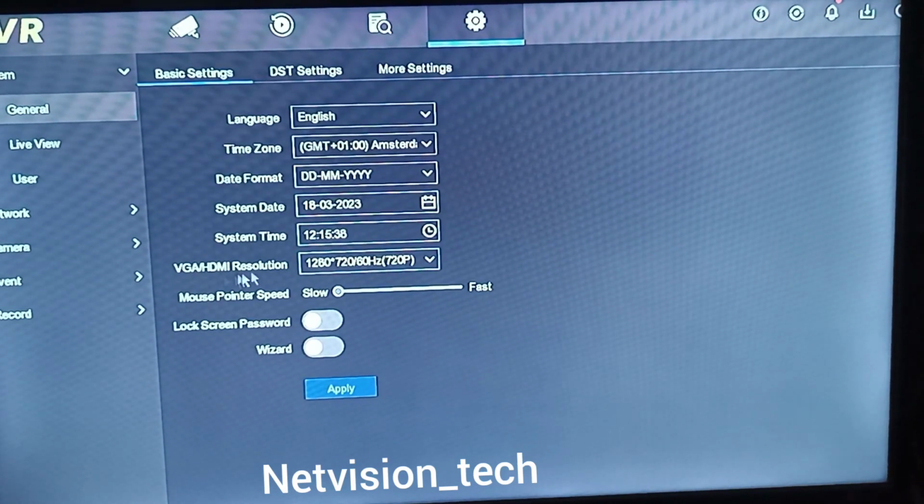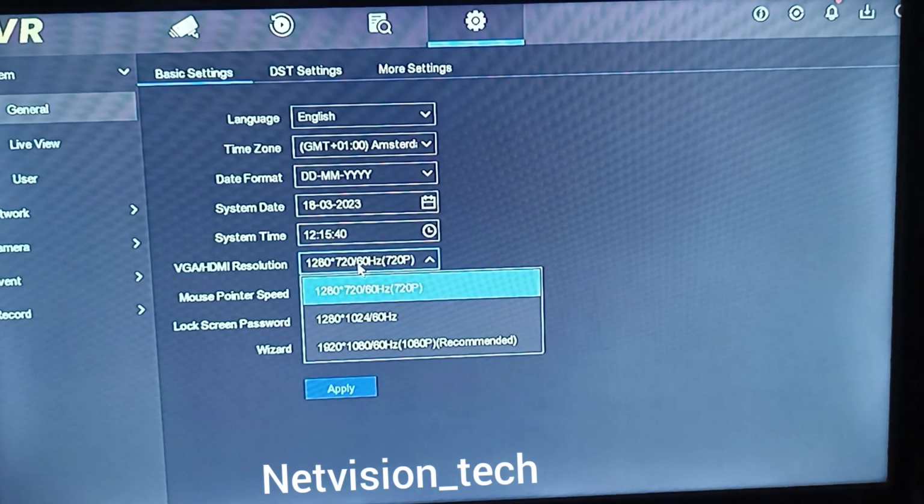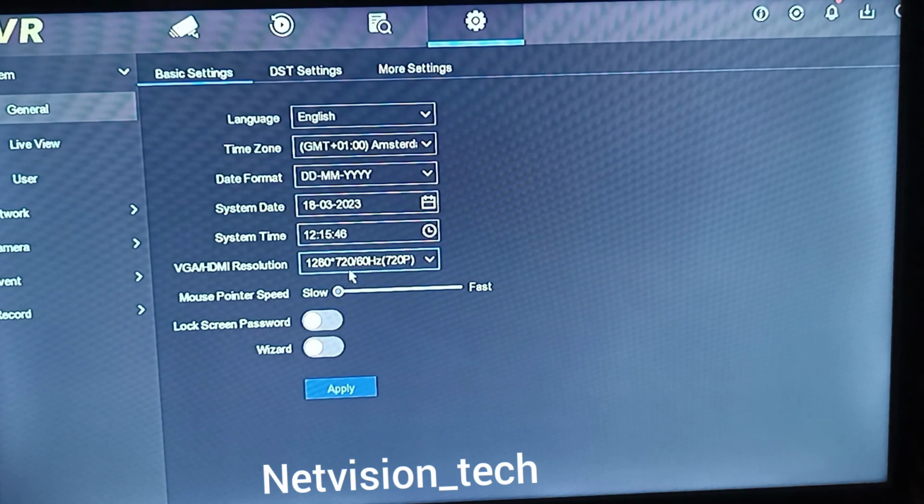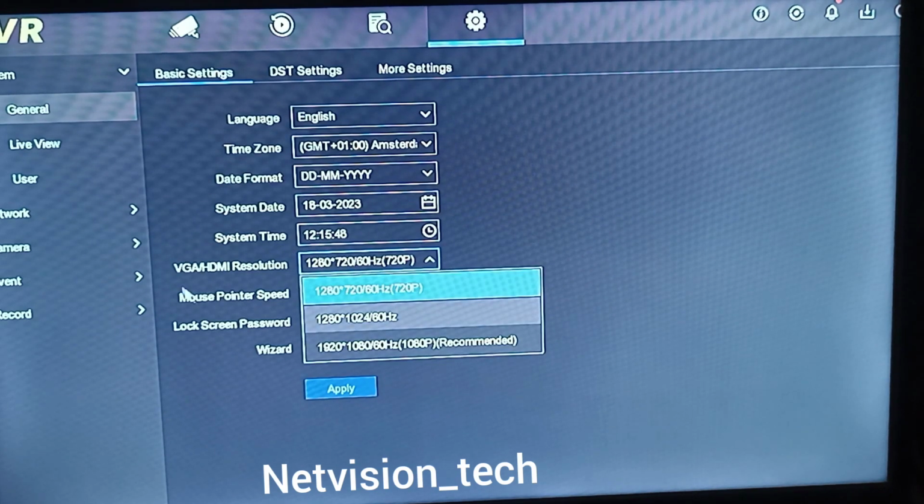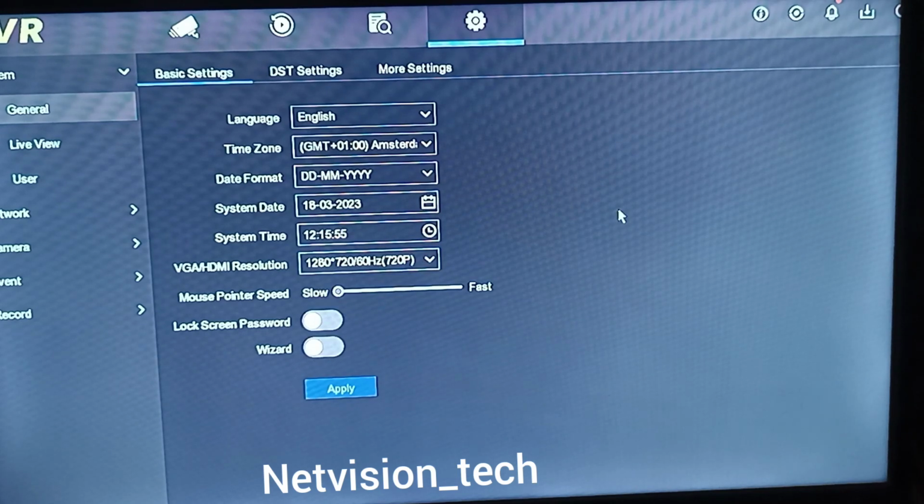And this one is the VGA and HDMI resolution. If you want to increase your HDMI resolution, the resolution of your TV or display, this is where to increase it. So you can see 1080p recommended. So any one you feel like, you can always increase it as far as your display monitor or your TV supports that resolution. So this is live view,